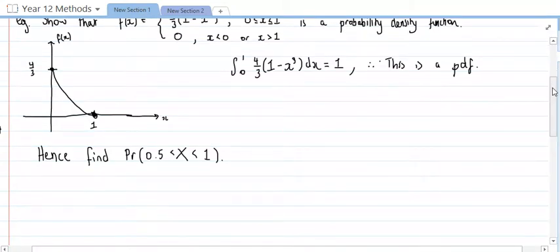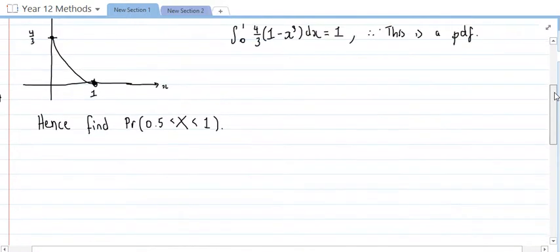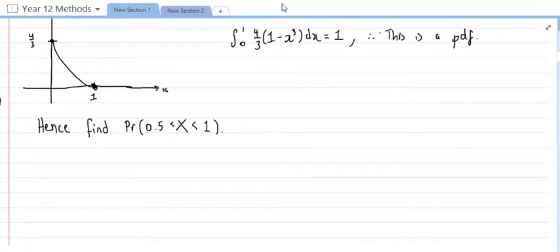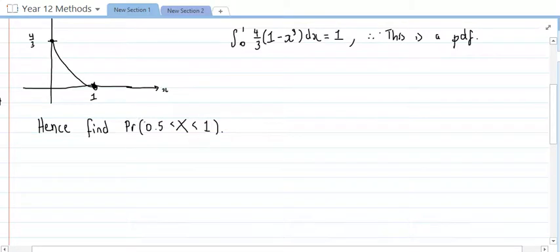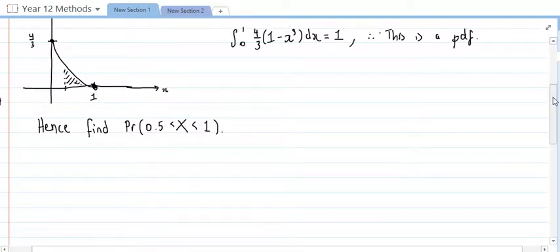Okay, so back with the second video, and we need to find the probability that x is between 0.5 and 1. So if I put my 0.5 there, what we're really looking at is this area under the curve just here, and that's going to be the sum of the probabilities. So we can just calculate that by doing